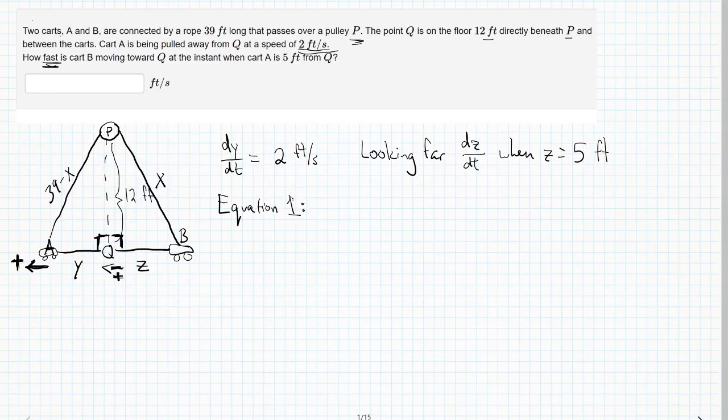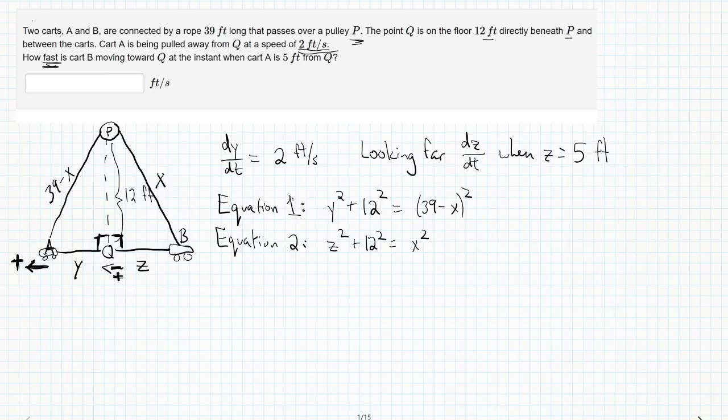In one scenario we have y squared plus 12 squared equals 39 minus x, the quantity squared. In equation 2, using that triangle on the right hand side, just Pythagorean theorem again, z squared plus 12 squared equals x squared. Right? So that second equation looks pretty nice and easy, and maybe we can work with that,